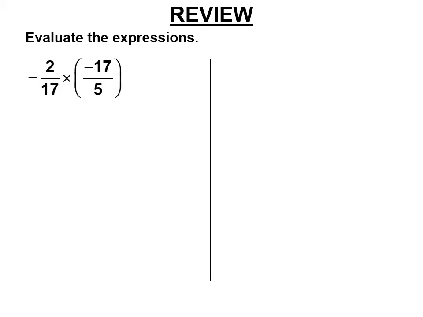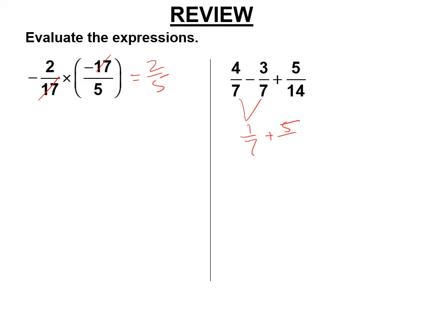Now, multiplying two negatives make a positive, so those cancel, and you get 2/5. All right. Here we have a tie, so we have to do the one on the left first. 4/7 minus 3/7 is 1/7. 1/7 plus 5/14. We have to get like denominators, so we're going to get them both over 14. You get 5/14 plus 2/14,